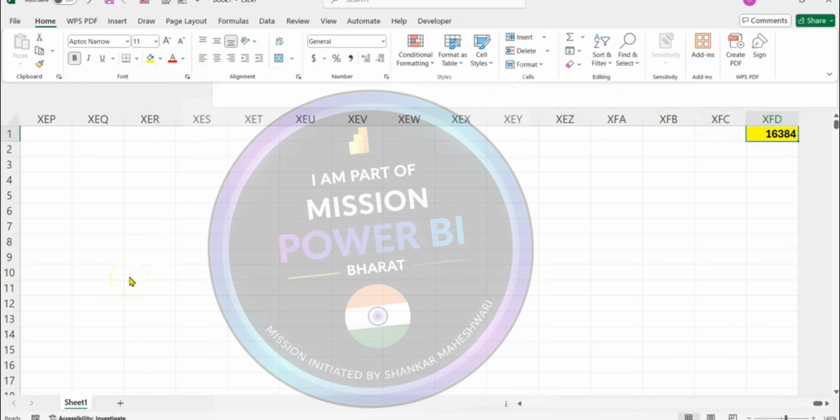See, if we have more data, suppose we have 5 lakhs, 6 lakhs of data, Excel will work, no doubt, but the speed will become slow. It will hang, it will run slowly, the speed will reduce. To overcome that, Power BI came into the